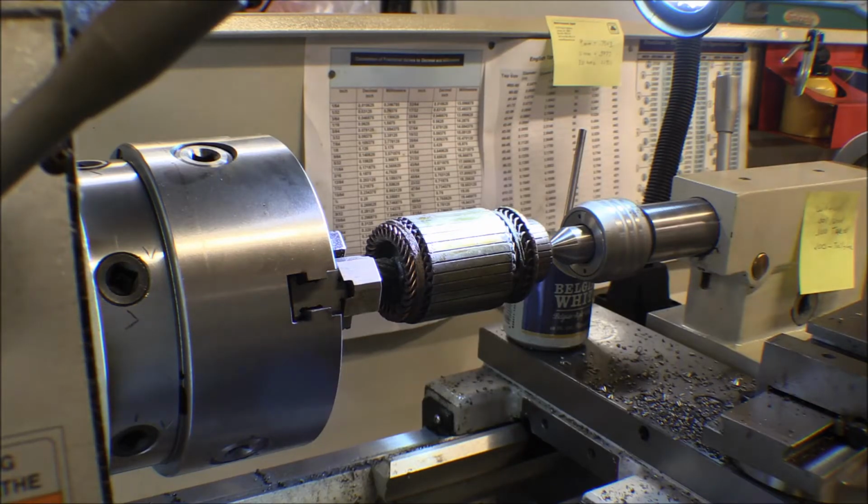One of the projects I've been working on is that Mobile Dimension Sawmill. Was working on the engine of that. I got it pretty well back together, and then the starter wasn't working right. So I pulled the starter off and pulled it apart. It was pretty grungy in there and everything, and I decided I was going to get a new starter for